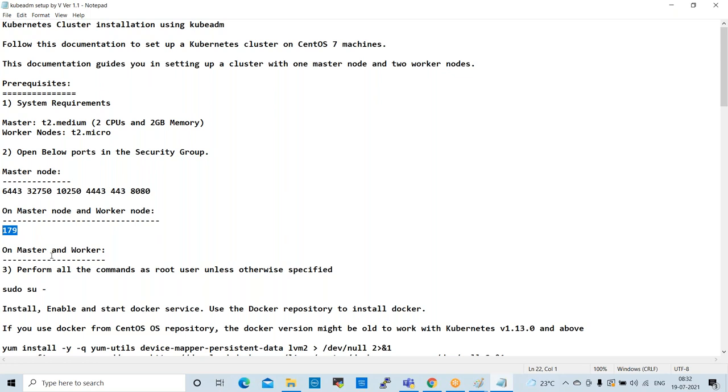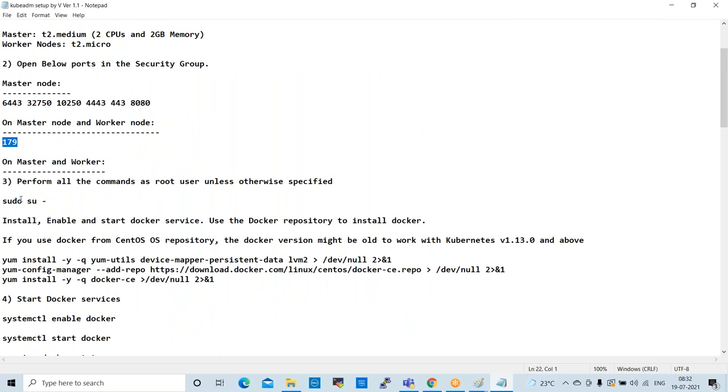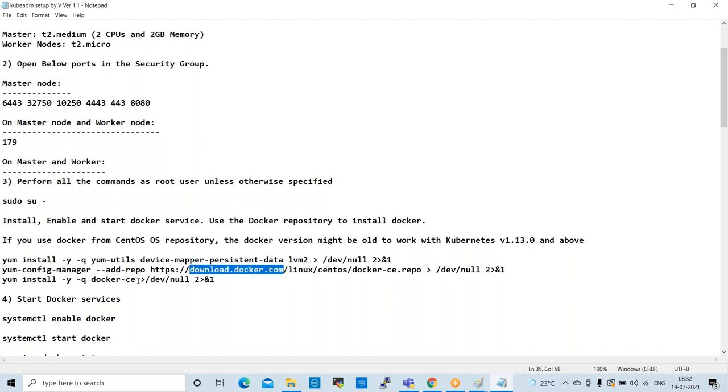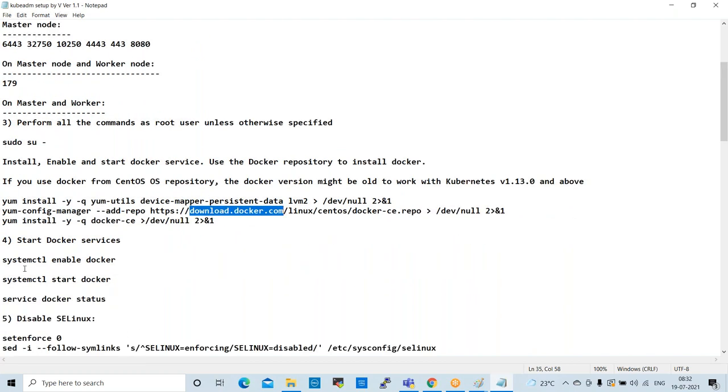Next, on both the master and worker servers, we need to perform all these commands. First we need to switch to sudo superuser and install Docker. After that, we need to download some packages and install Docker. Then we need to enable and start the Docker service.